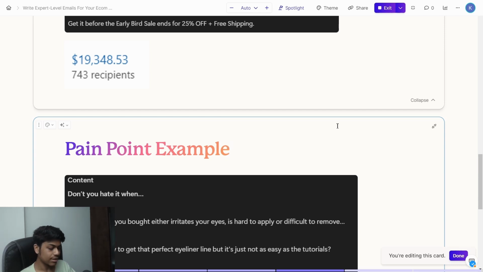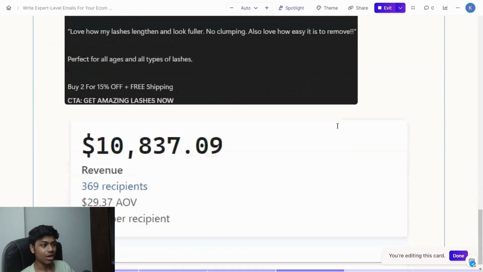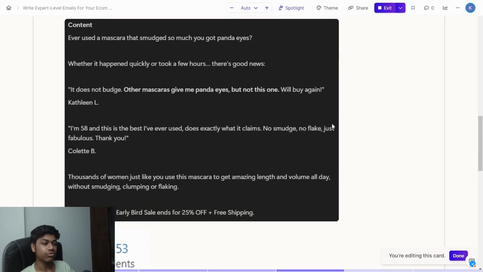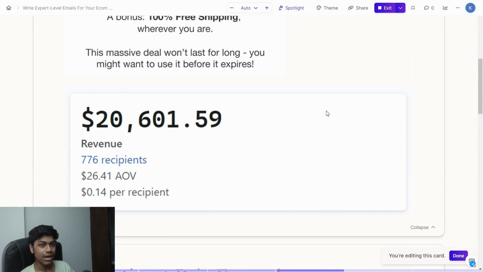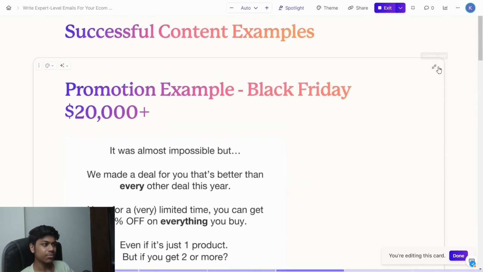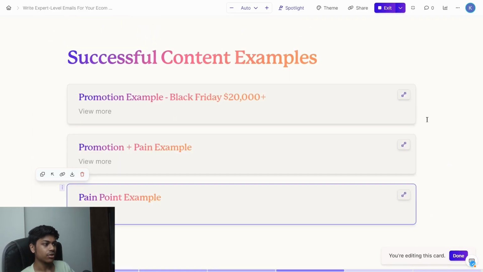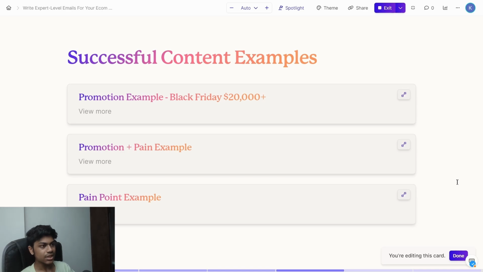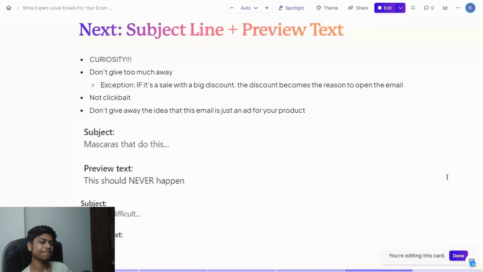People are not going to want to buy from you, even if you have really nice copy. It's boring, and it kills you to keep receiving promotional emails from a brand. If you haven't unsubscribed yet, you've most probably tuned out, and you're subconsciously ignoring their emails, and you don't want that to happen. That's why plain text, infotainment, and storytelling emails are so important. I did make a video explaining them, but I'm going to make a longer video explaining all of them soon. The next one is subject line and preview text.